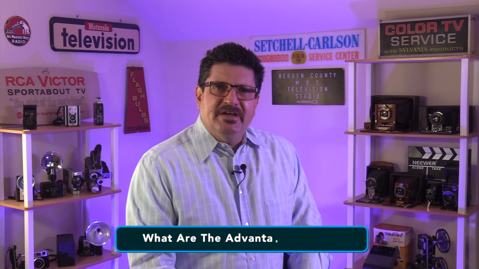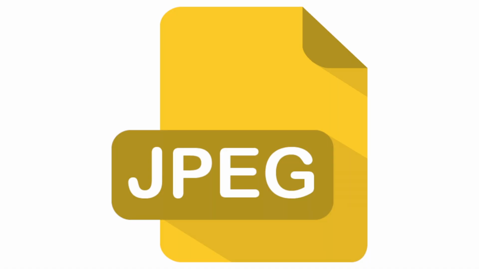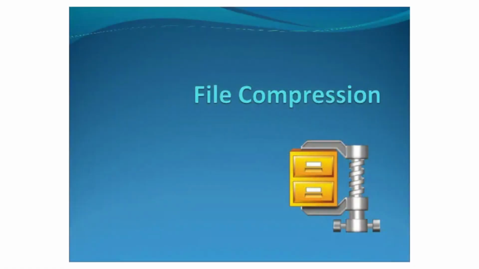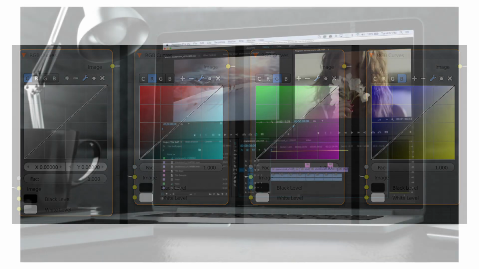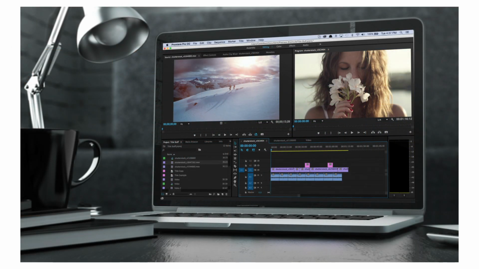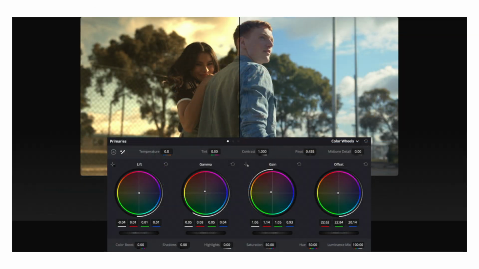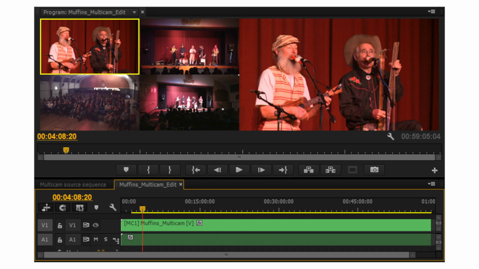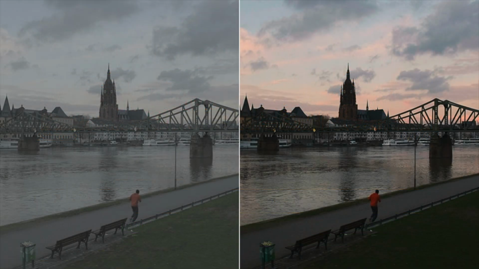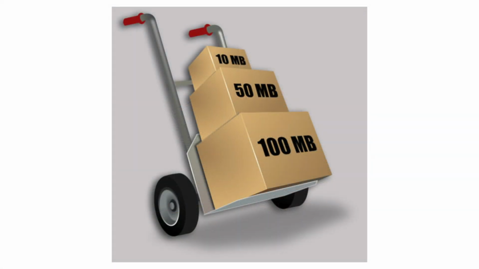So what are the advantages of log? Like JPEG files, compressed footage from our cameras has little leeway with which to work. When we shoot log, because we have flattened out the color saturation and tone curves, we are able to push our files somewhat further in post-production. This is especially useful when grading footage or attempting to match footage to other cameras. The other main advantage of shooting log is that it does not increase file sizes.